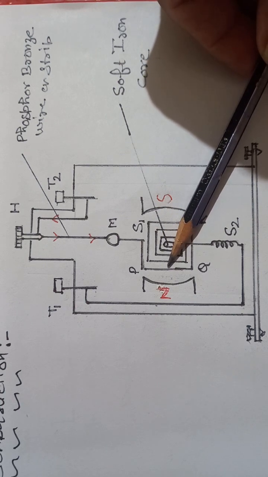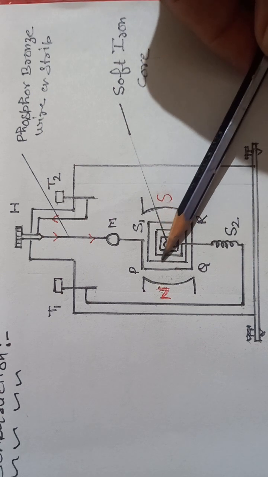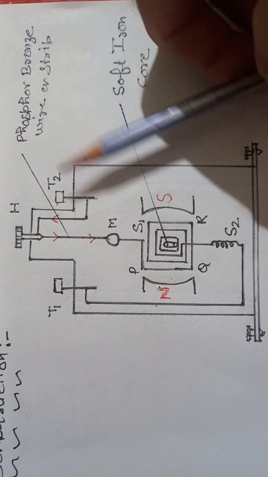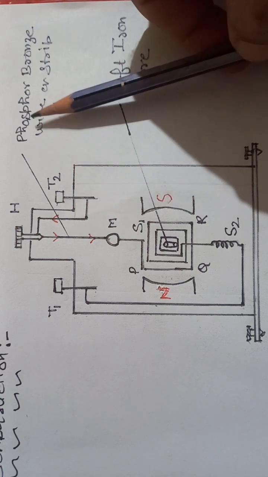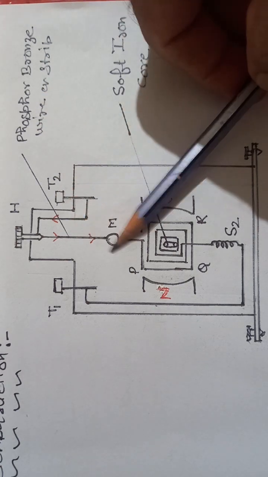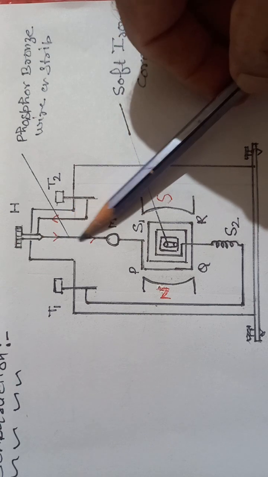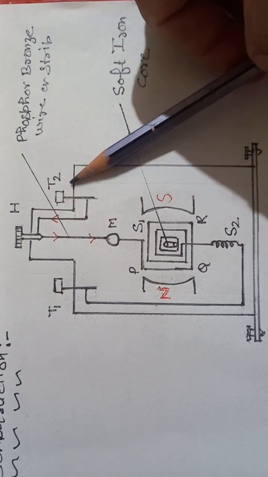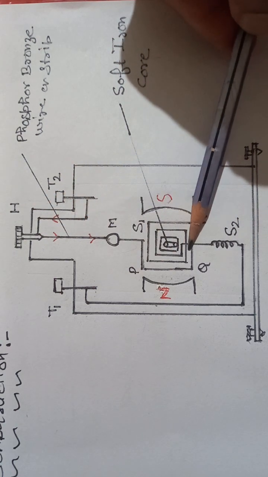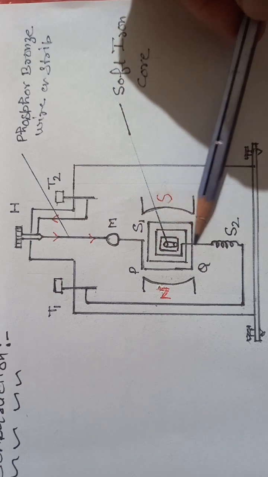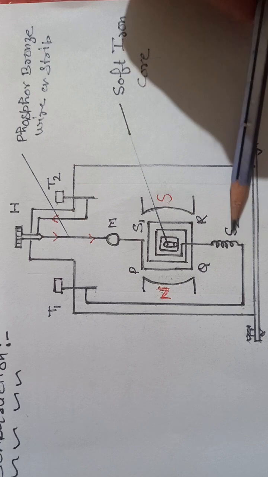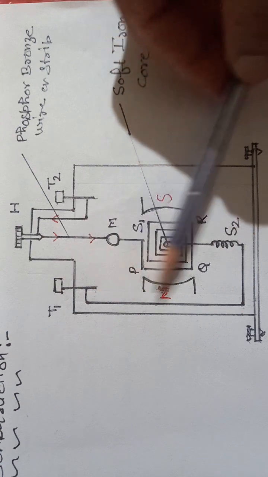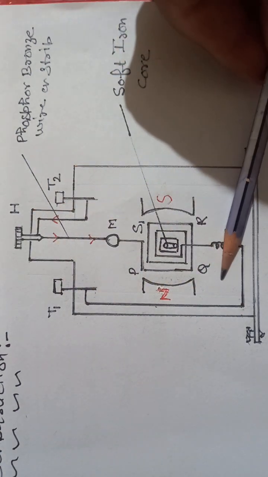as radial magnetic field. So this coil is suspended with the help of a wire, that is phosphor bronze, or a strip, through a mirror M. This phosphor bronze wire acts as a path for the current, and this is suspended with the torsion head H. This is directly connected to the terminal T1. The lower part of this rectangular coil or loop is suspended with the help of spring S2, and the other side is connected to the terminal T2. The whole arrangement is put in a plastic case.